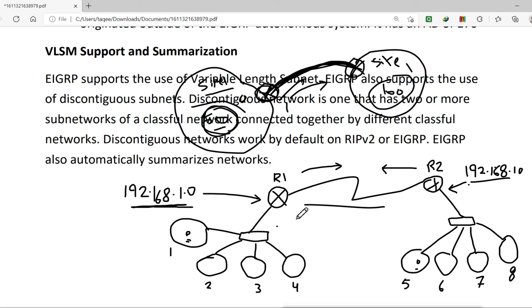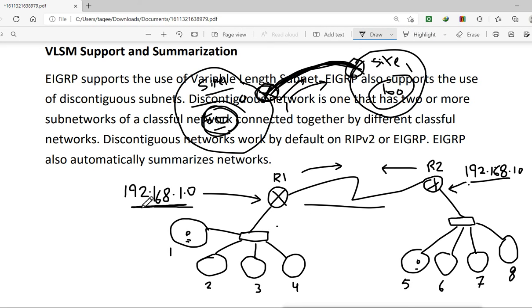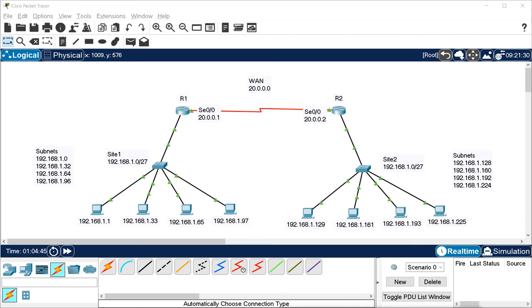I will show you an example of this auto summary, and I will show you how we can do manual summarization also. In this design, I have the network 192.168.1.0, and I did subnetting for this network. I created 8 subnets.